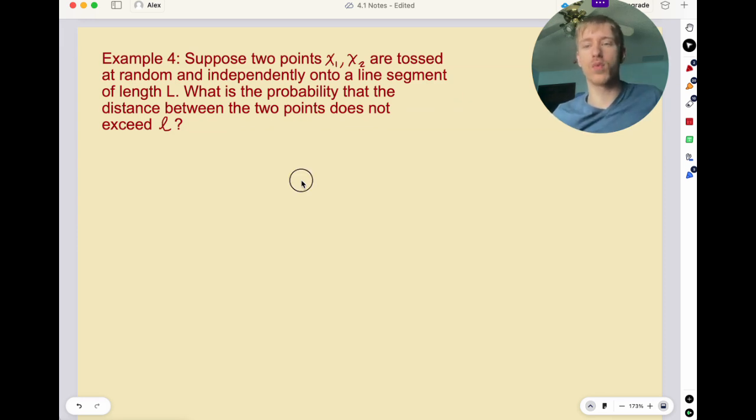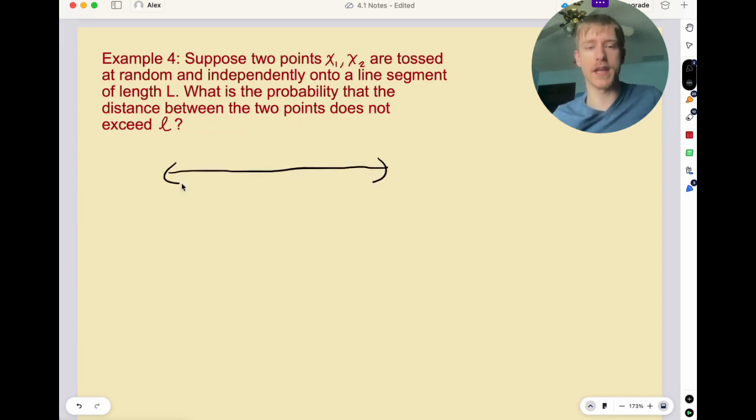Okay, so today we're going to work through a couple of more interesting examples, and we'll start off with example 4. Suppose 2 points, which we're going to call x1 and x2, are tossed at random and independently onto a line segment of length capital L. What is the probability that the distance between the 2 points does not exceed little l, which is clearly less than capital L? Okay, so just to kind of paint a picture, if this is like a number line,